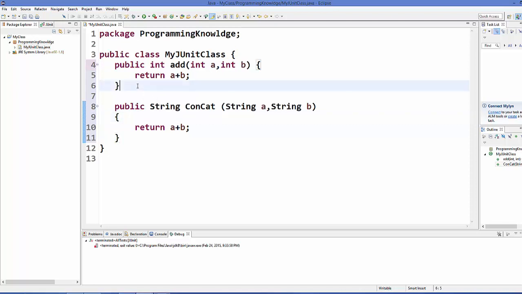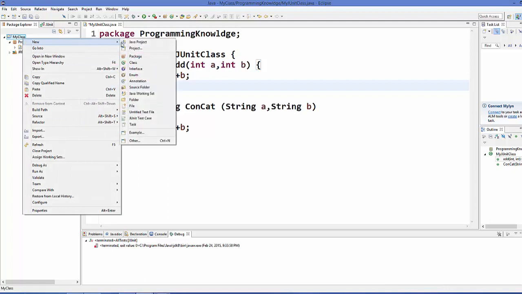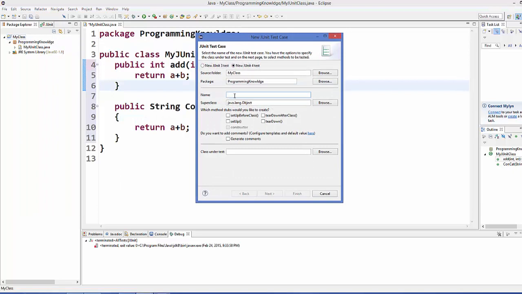So what you can do is you can just go to your project and go to New, and in here you will be able to see a section called JUnit Test Case, and you can define multiple cases for multiple functions. Okay, and these test cases combine together to make a suite, so you can also create a suite for your test cases. So first of all we will create this JUnit test case for us, and you can